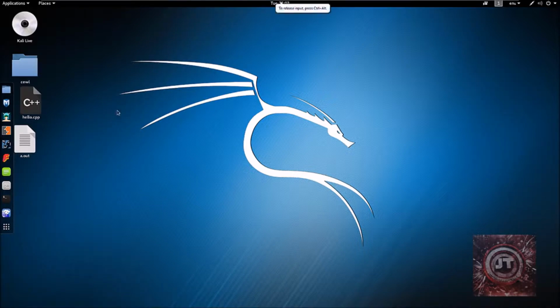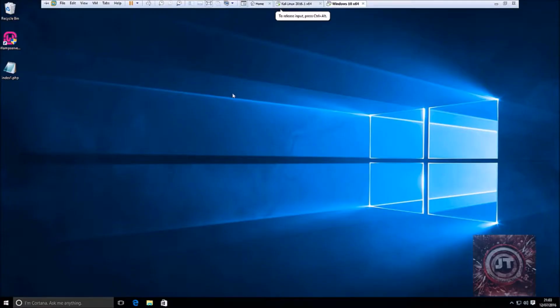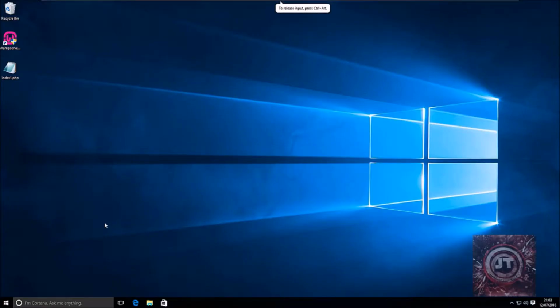So what I've got here is Kali Linux 2016.1, and I also have Windows 10 64-bit, and the only modification I've made to this machine is I have disabled Windows Defender completely, just for testing purposes, because obviously Windows Defender will remove this virus simply because of how public knowledge it is, and every virus signature database has all the payloads from